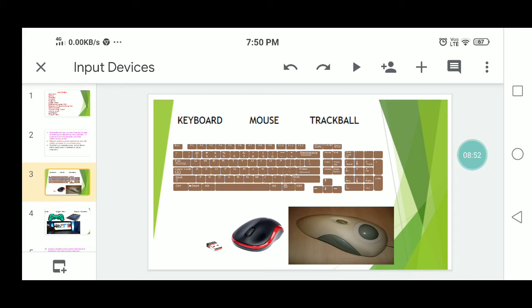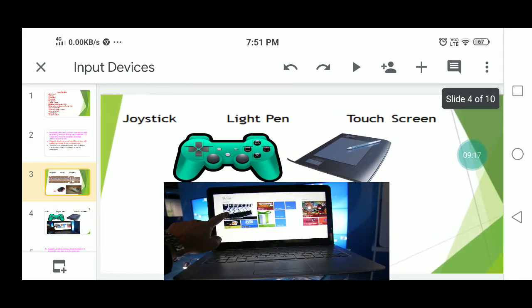It doesn't need a mouse pad or a smooth surface. Trackballs come in various shapes. It is like a ball, like a button, and like a square. This is the information about the trackball.